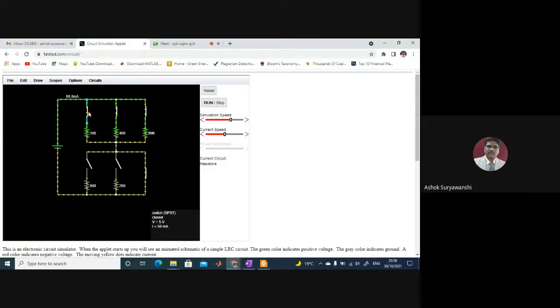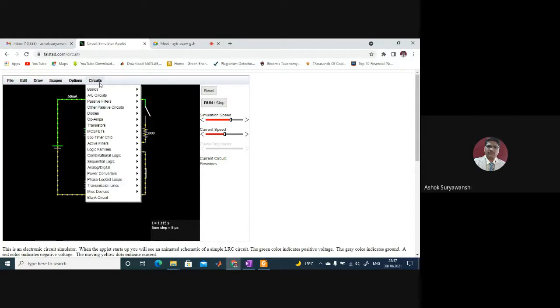Suppose I open this, then you'll find on the upper side where the 400 and 800 ohm resistors are, the current value is very low, but here it is a little faster. But because of this particular resistor, it slows down. If I connect this 100 ohm, now see the speed here. If I just open this, the speed will increase, and again it will increase if I open this one. So you can understand the concept of resistance, opposition to the flow of current.